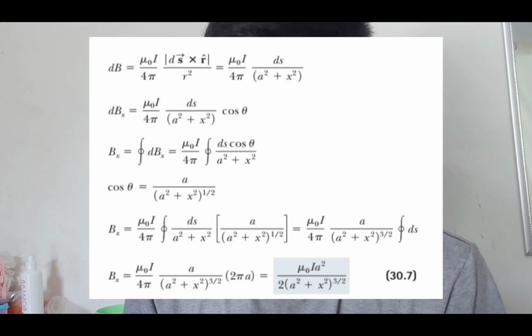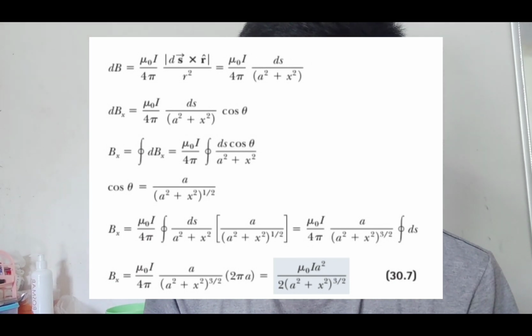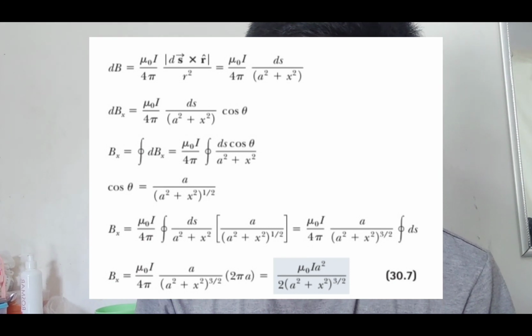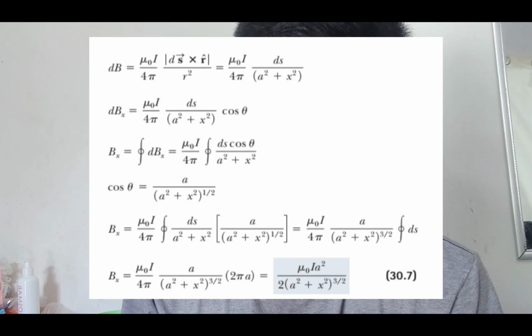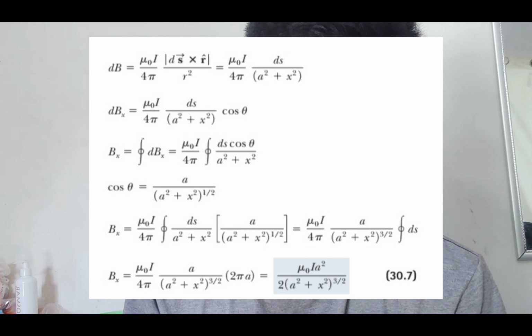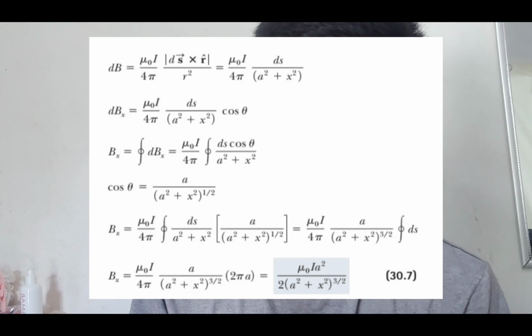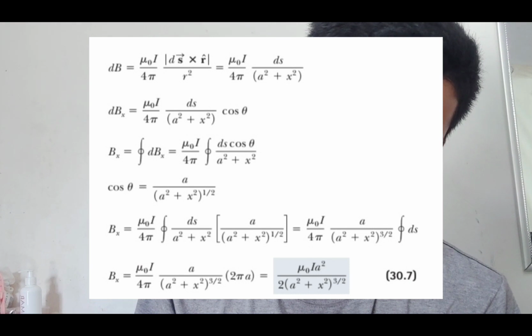So B sub x is equal to mu sub 0 I over 4 pi times a over a squared plus x squared to the power of 3/2 times 2 pi a, which is equal to mu sub 0 I a squared over 2 times a squared plus x squared